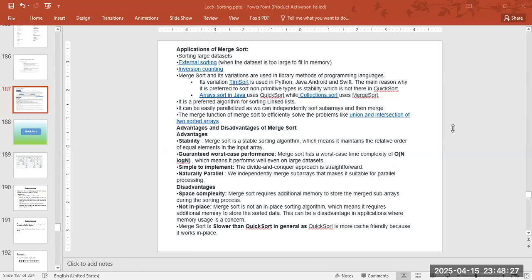Disadvantages: usually requires extra memory, O(n) auxiliary space for the merge steps, so it's not in place. Sometimes slightly slower in practice than quicksort on typical data due to this memory usage and cache effects. Okay, that sets up our next one nicely. Quicksort, another